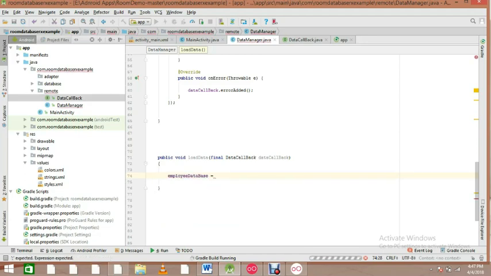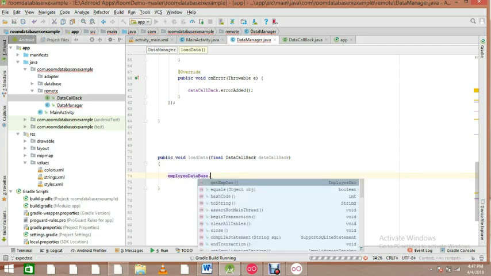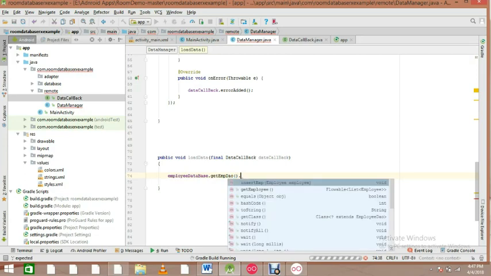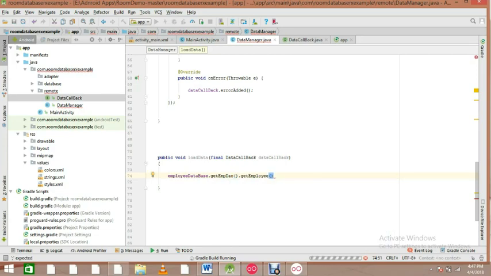You can say it directly, say get your DAO, and we have to execute the query for the get employee. And as it works, so we can say subscribe on,